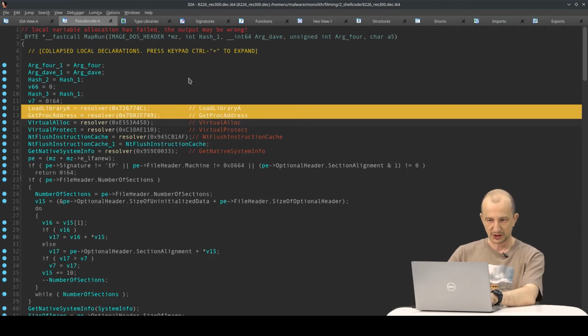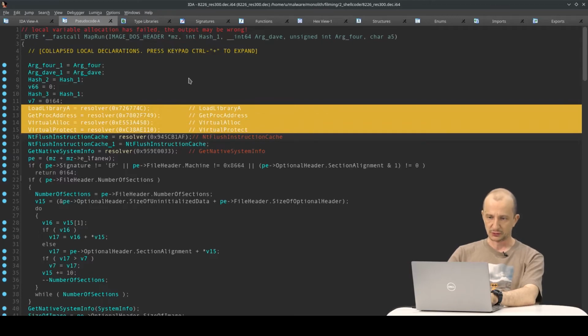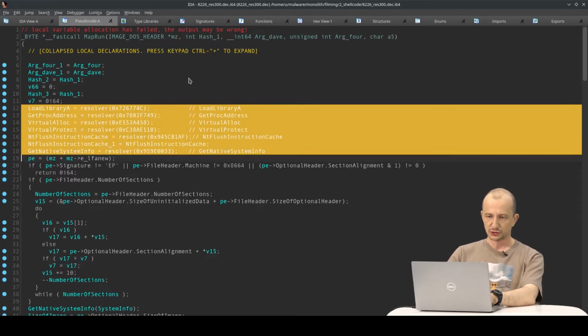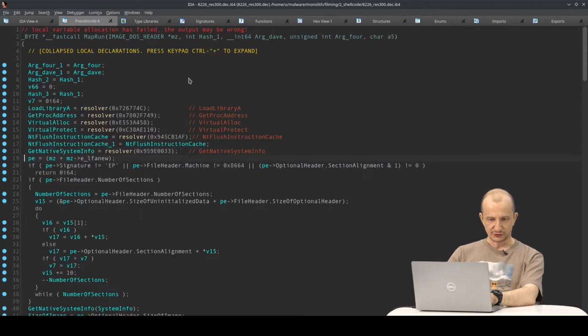You see it everywhere in every shellcode. VirtualAlloc, VirtualProtect as well, but also GetNativeSystemInfo and also FlushInstructionCache from the NTDLL. Okay, after it, you could apply all your structures like IMAGE_DOS_HEADER, IMAGE_NT_HEADERS, or IMAGE_EXPORT_DIRECTORY, etc., and see